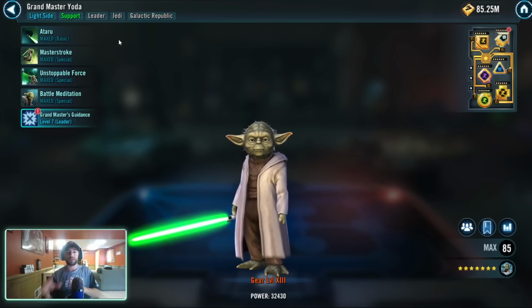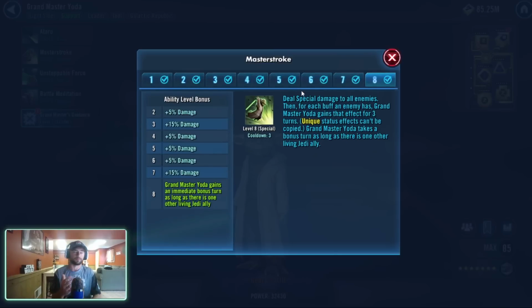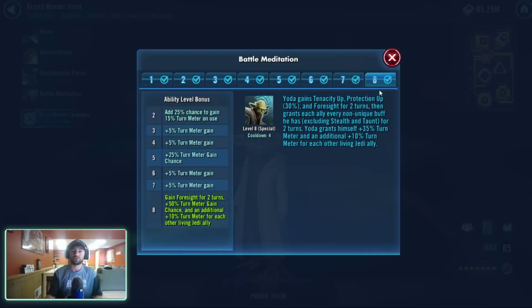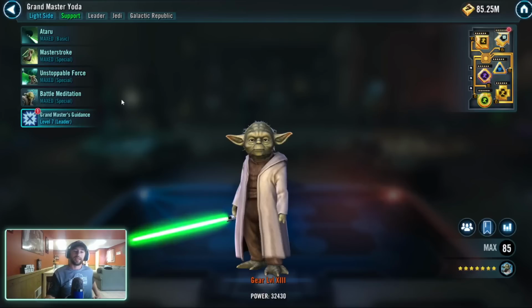Now, there's 2 big parts to his kit. He can gain turn meter on his basic and turn meter on his special here. But he also has a bonus turn. And so right there, you can utilize this guy even in situations where you can't gain turn meter because he still has a bonus turn mechanic. And this bonus turn can be very important because he likes to take a lot of turns, and especially because he likes to use this battle meditation where he's going to spread buffs across the whole team. The more that you can spam this, where you're giving out foresight, tenacity up, protection up, and any other non-unique buffs that he has, it's insane. It can be so incredibly annoying to go up against this guy,